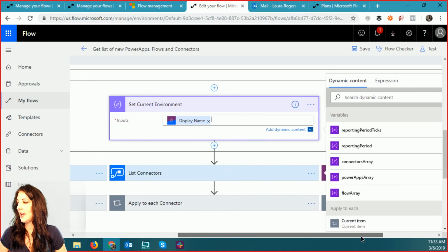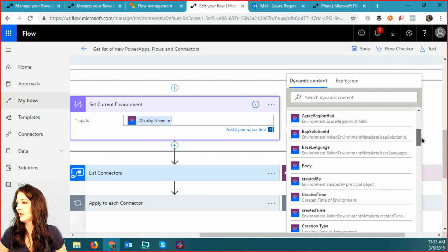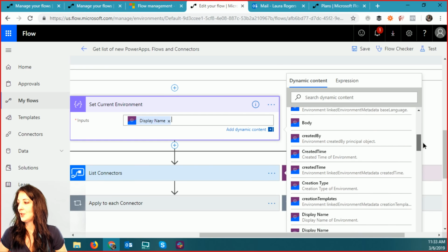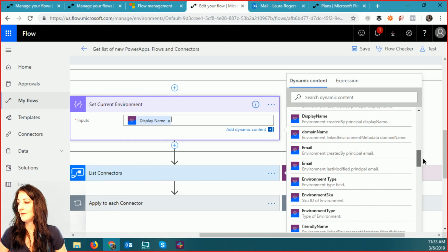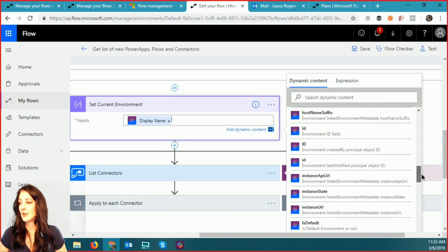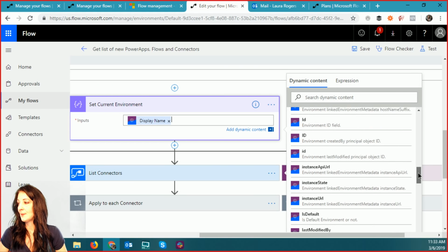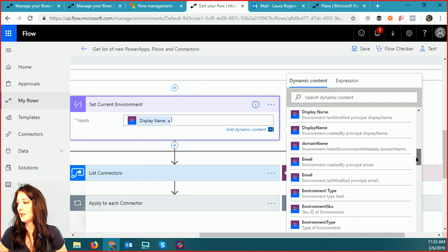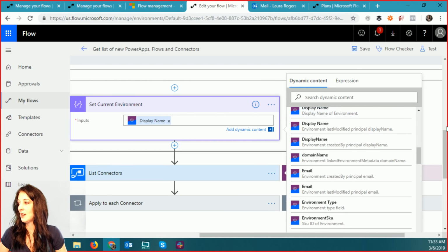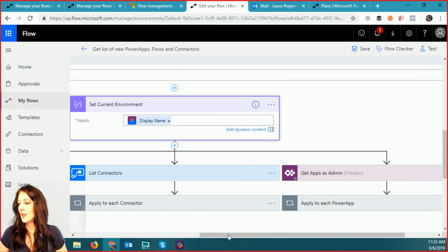And it's going to get this output. See, this is all the information about the environment itself. So this is just going to give me the display name of the environment, see display name. So that's what it got. That's what it's got here. And then